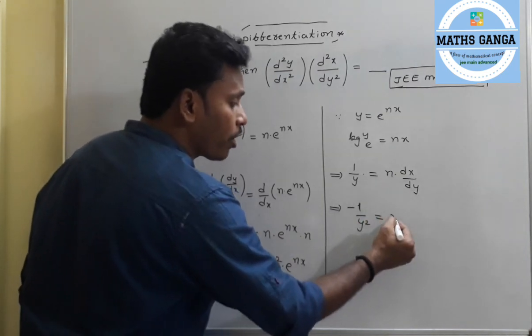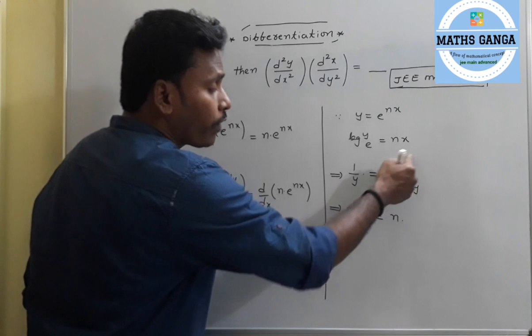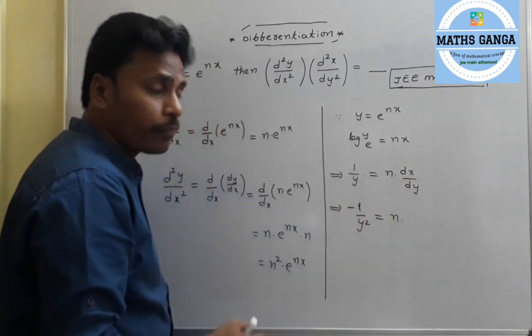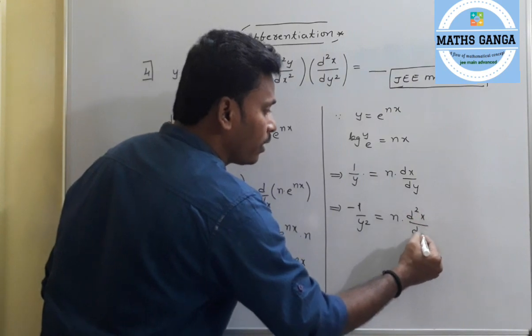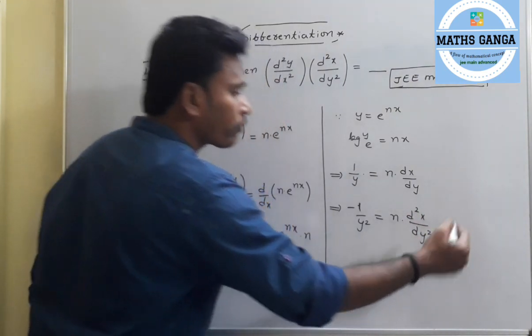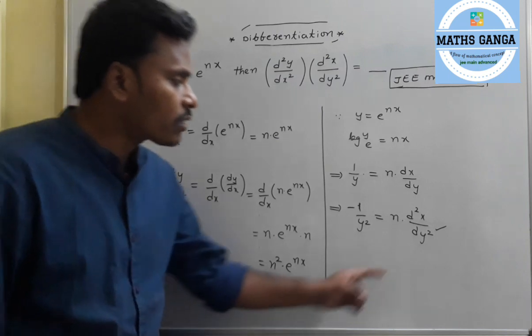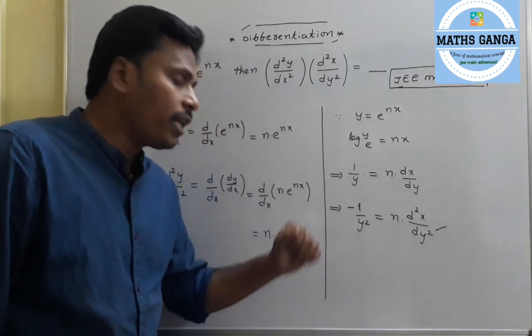This side n is a constant into differentiating dx by dy with respect to y is nothing but d square x by dy square. So finally we have that d square x by dy square as minus 1 by n y square,